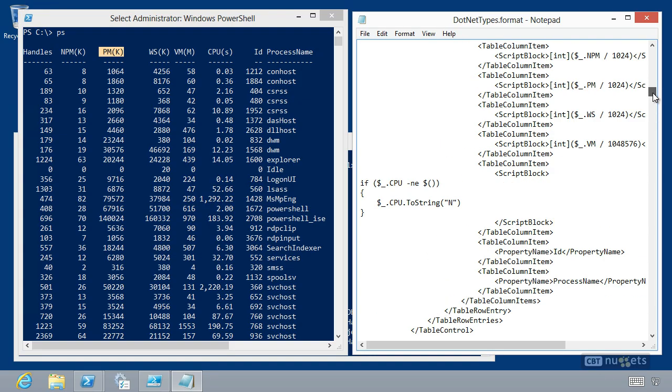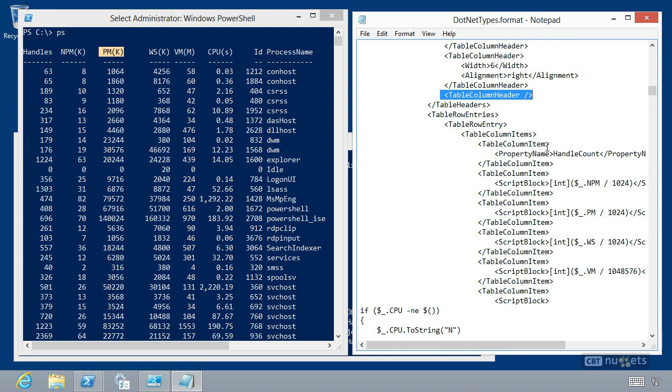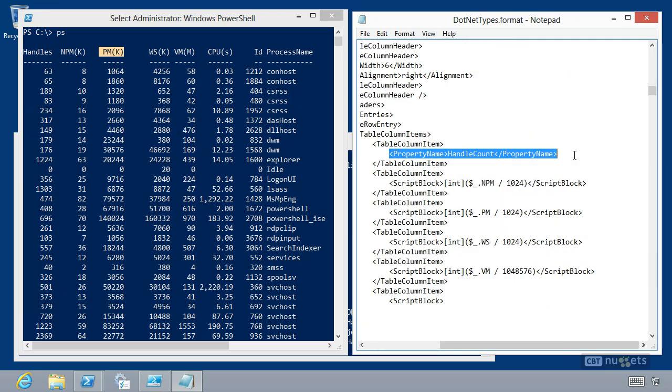The next section of this XML decides what is going to go into each of those. So the first column, so we've got a table column item, the first one, we're going to put the handle count. So there's no property called handles. This header came out of the XML file. The property being used to populate this is called handle count. The next one